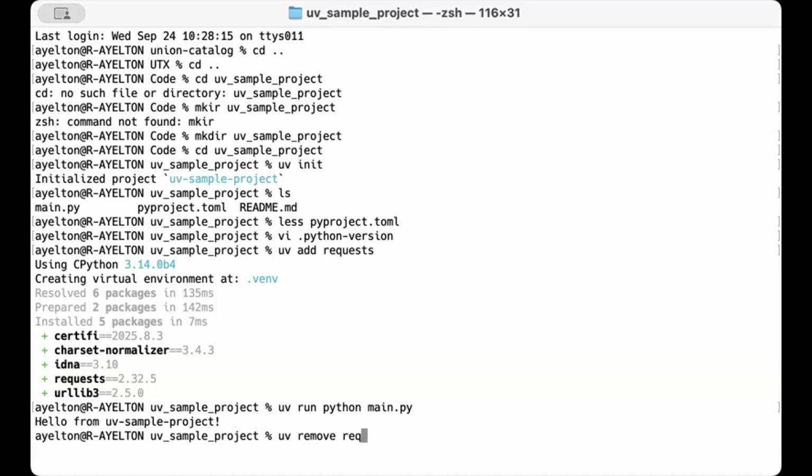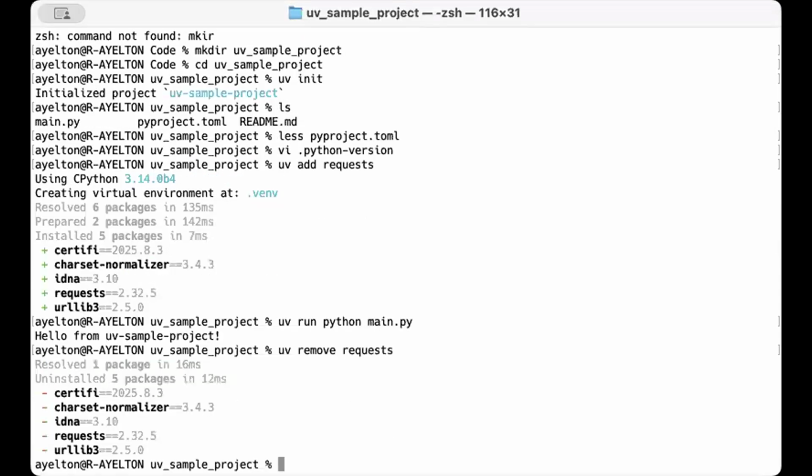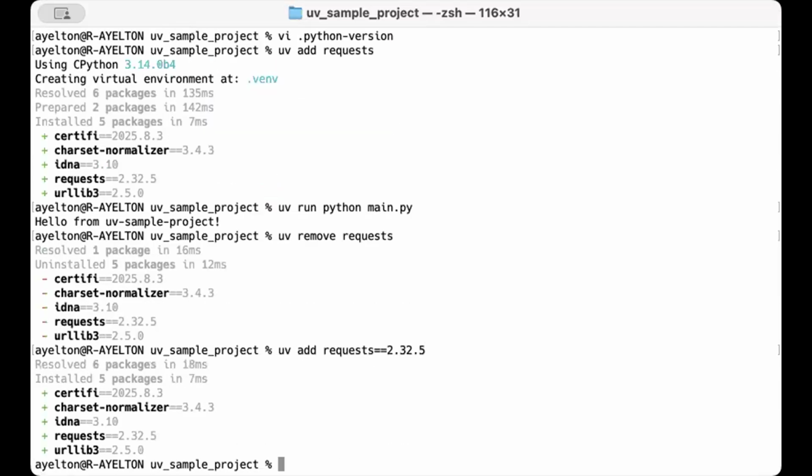You can also remove things. You can add things with specific versions from the command line, although I don't remember offhand the syntax. It's probably the same syntax you use everywhere else. Yeah. Question. I just wanted to prompt you to tell people how powerful remove is compared to pip